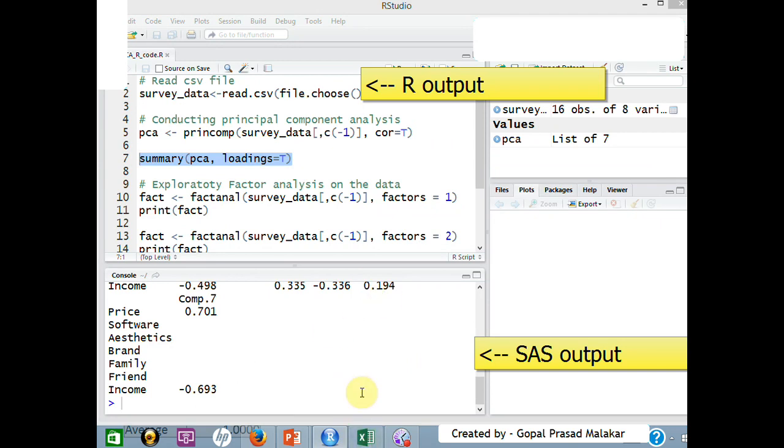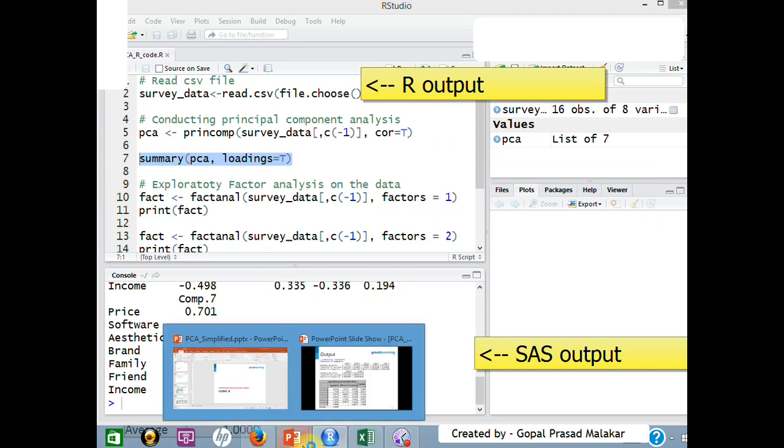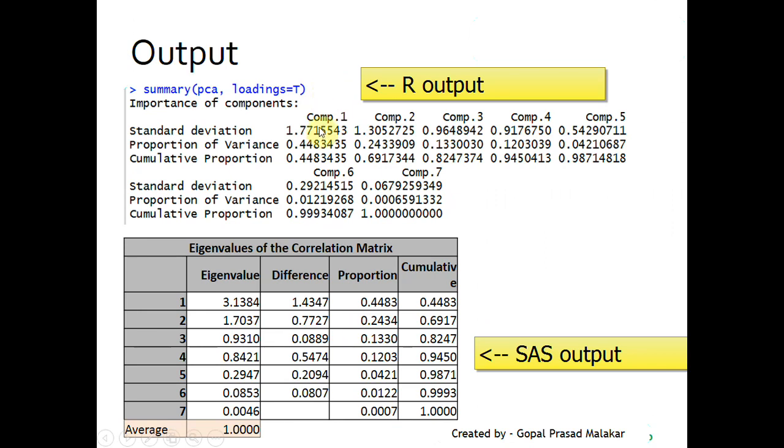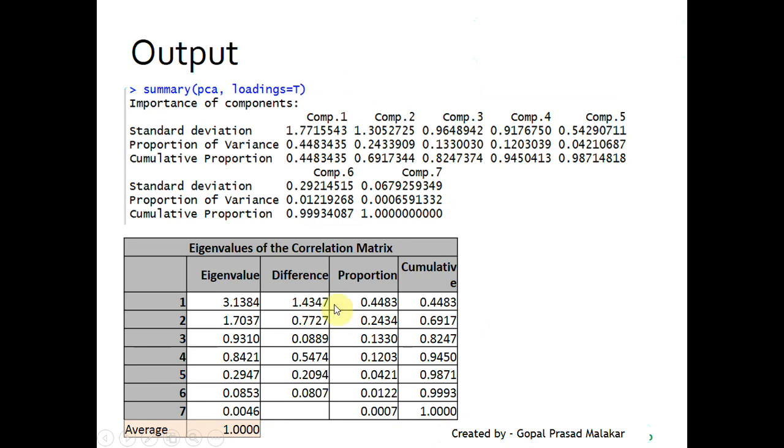By the time Excel comes, let me keep walking you through. Here you have the standard deviation, then the proportion of variance, which is very much what you get in SAS, and then the cumulative proportion, which you also get in SAS: 0.44, 0.69. So it has produced the same thing. The difference is it is not producing the eigenvalues, but it's okay. After all, when you have the standard deviation, proportion and cumulative, it serves the purpose.